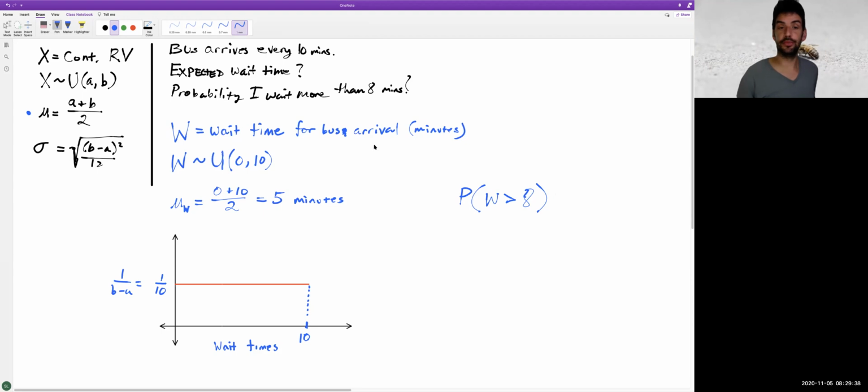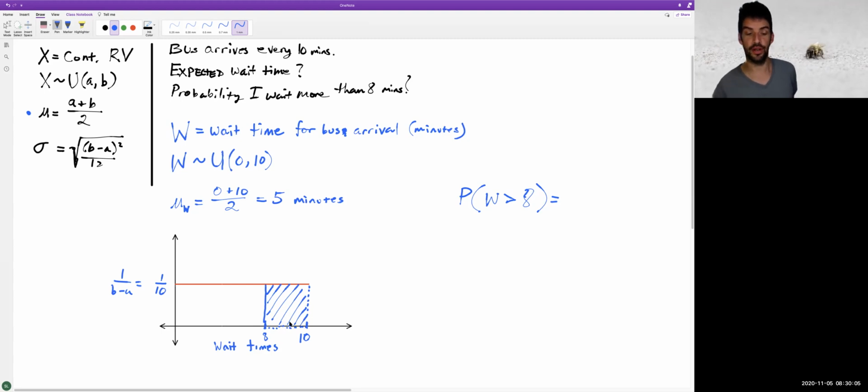So in terms of the graph, what this means is I'm asking for the probability that our wait time lives in this interval down here between 8 and 10. And what that will be is this area here. And it's really simple to see. That is a rectangle, right? The width is 10 minus 8, or 2. And the height, like the height of the whole thing, is 1/10. So that's 2/10, or 0.2